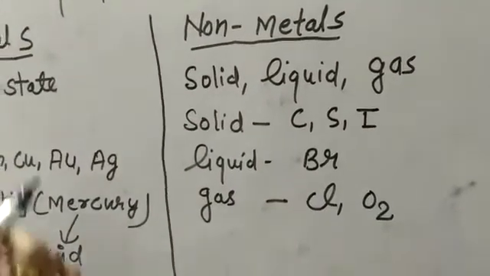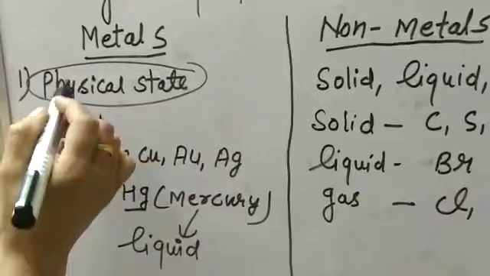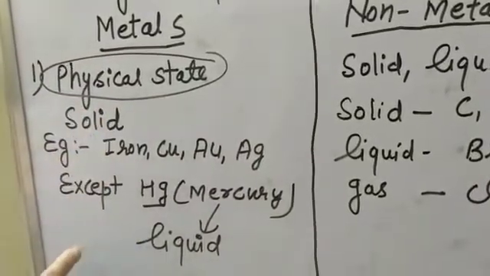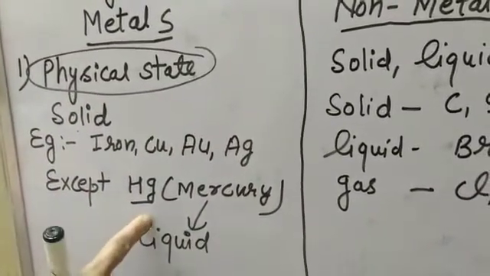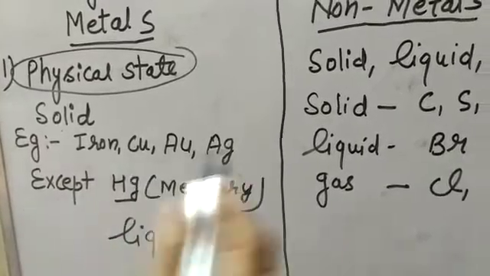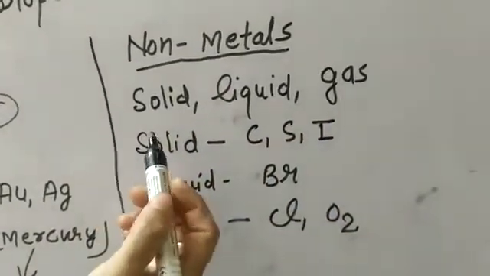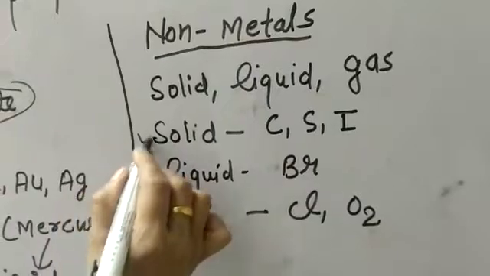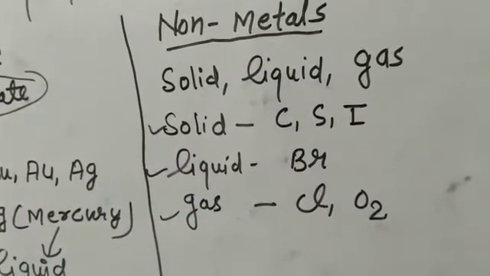Clear? So on the basis of physical state, all the metals are solid. One exception is there, that is mercury, which is liquid at room temperature, and non-metals exist as solid, liquid and gas. You learn this example. After that,